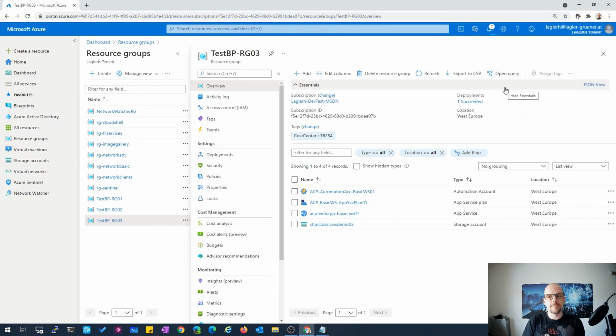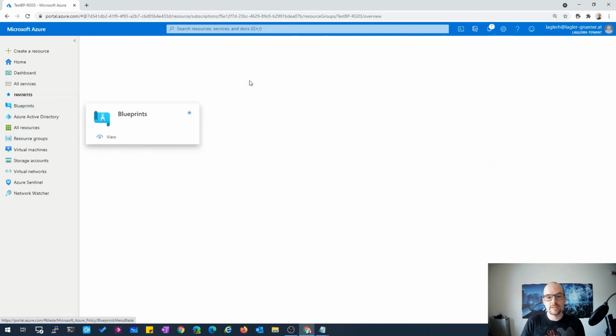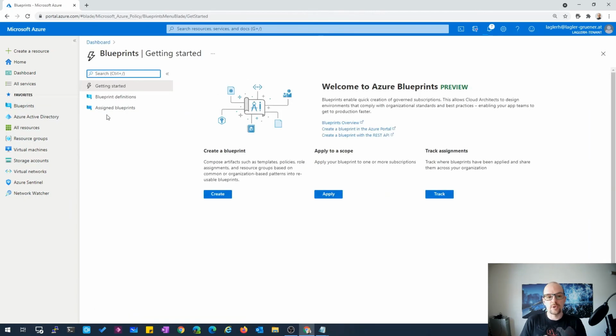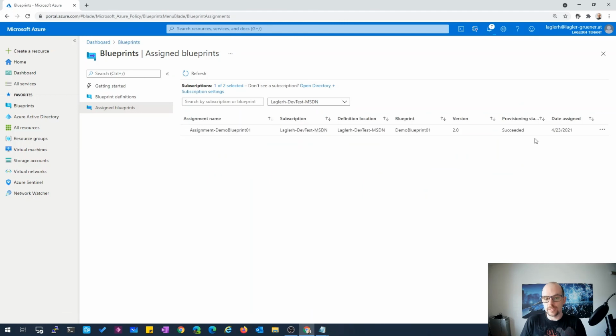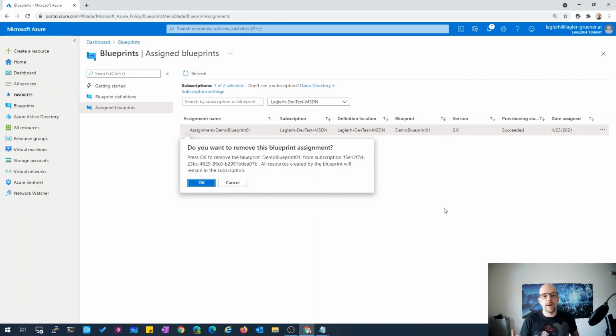So when we think about assignment removal, let's switch back to our blueprint services and go to the assignment and remove the assignment. Here on the right side you can see the context menu, and here you can see the unassign blueprint option that you have. But keep in mind, when you unassign a blueprint, this means the resources themselves will not be deleted.